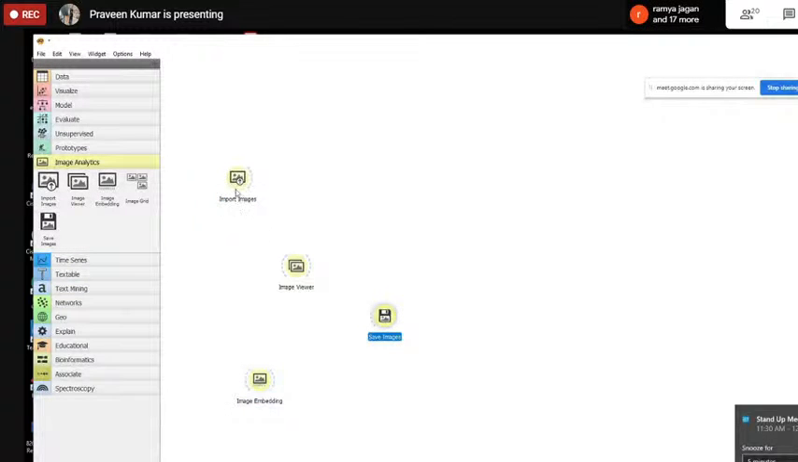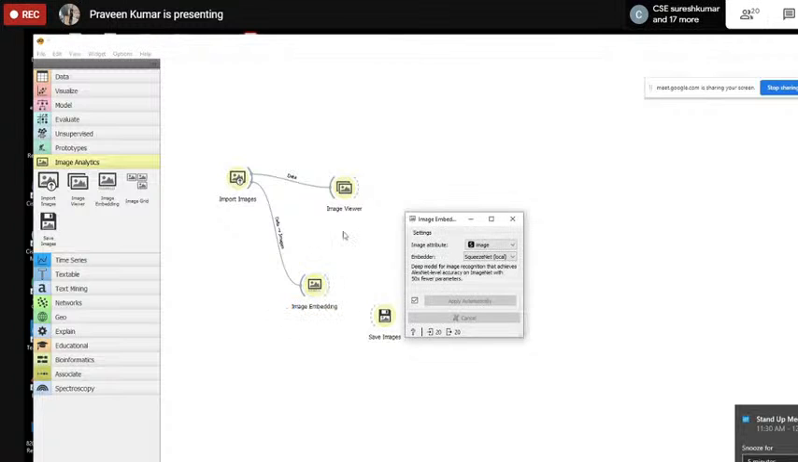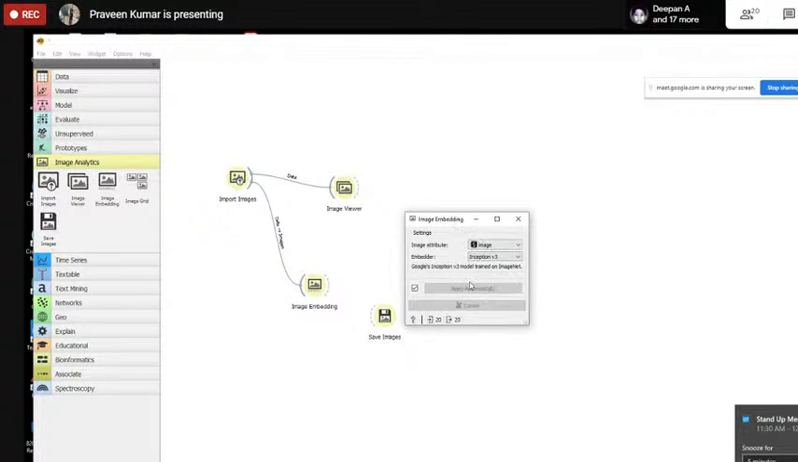For example, import image will take the images as the input, and it will give the image viewer to display the images. Image embedding is a very important widget which will extract the features from the image. That is done in the widget called image embedding. See, image embedding will use one of these image feature extraction techniques, for example, the Google Inception v3 model on ImageNet, which is a